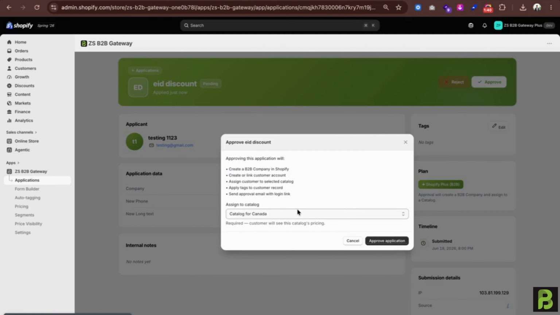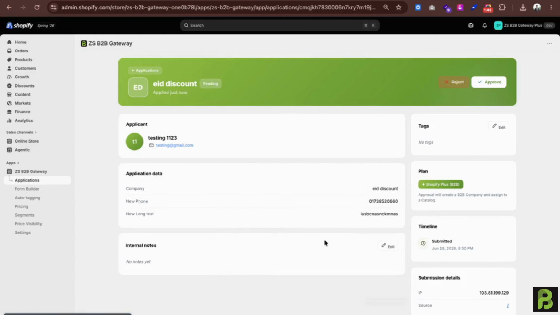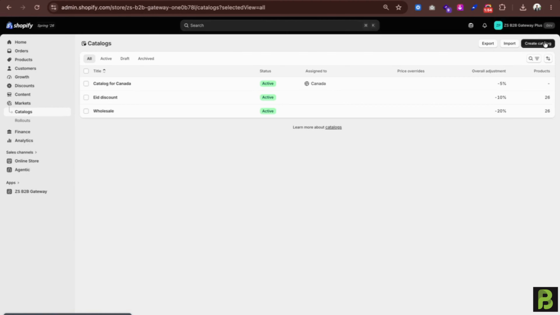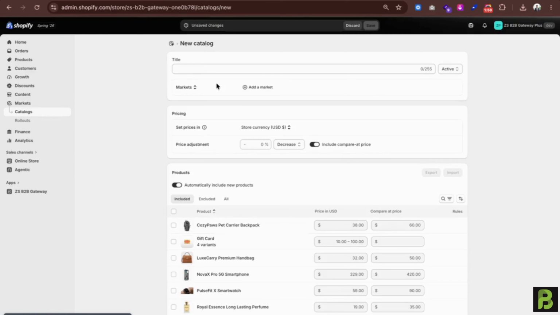So in this plus store, we need to select a catalog. So for this, at first we need to go to the market catalog, and we can create a catalog from here, like we can say discount testing,